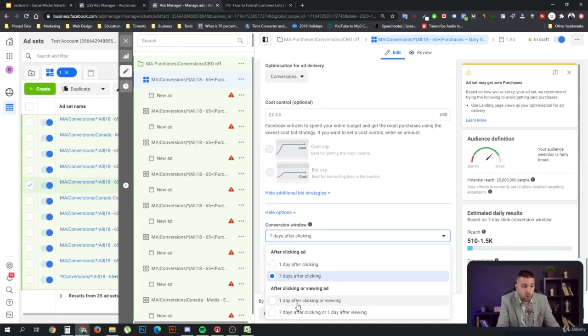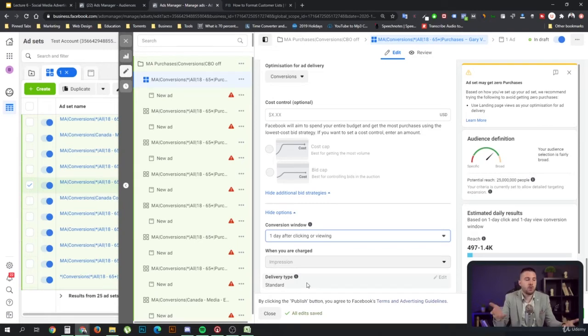There's two ways to think about this. So 1 day after clicking or viewing is kind of more serious, more targeted. What happens is that you count a conversion and attribute the result to this specific Facebook ad if within this 1 day of clicking on that ad, the person has completed the action. So that will count a conversion if the person clicks on your ad, comes to your website, maybe increase the camera size for this. So person comes to your website,